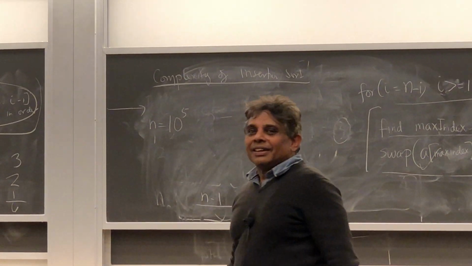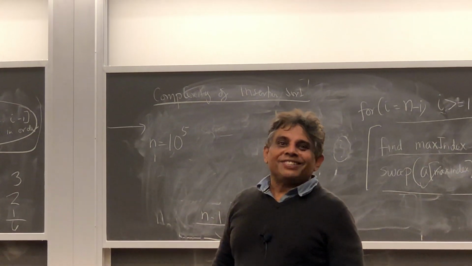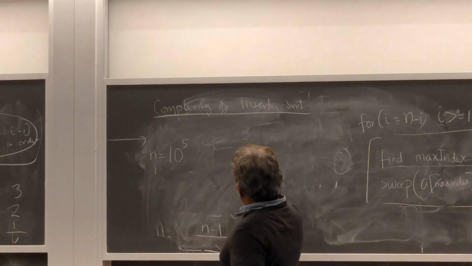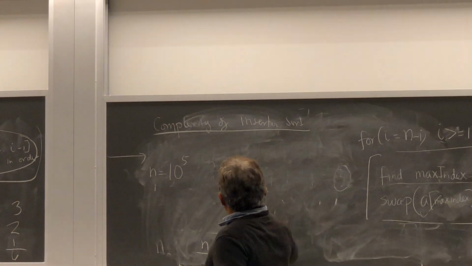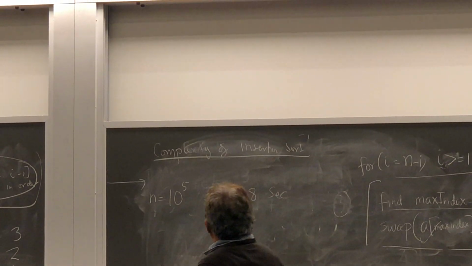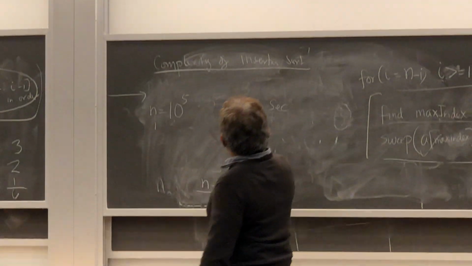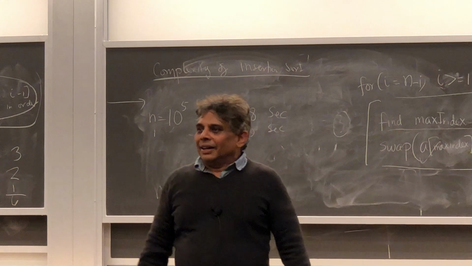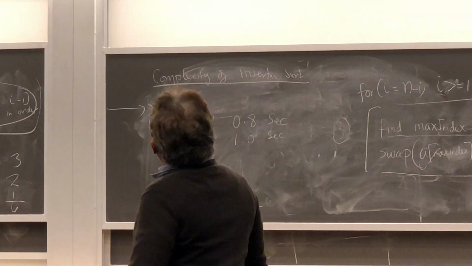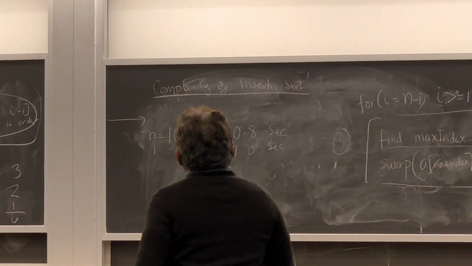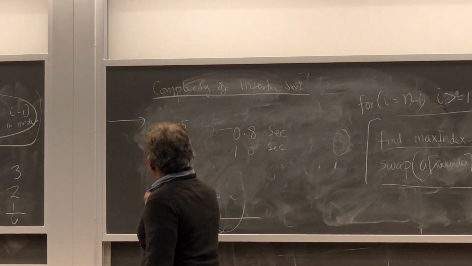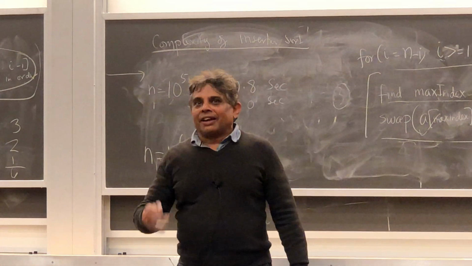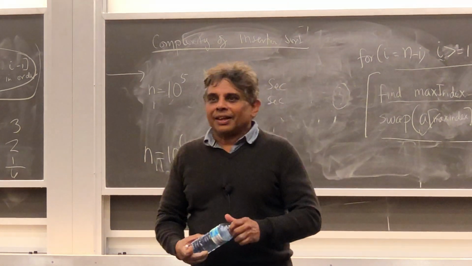How much is that? 1,000 milliseconds is 1 second, right? So it's like 0.8 seconds, and the selection took like 1 second, right? But then we went to this. Didn't look like a big change, but